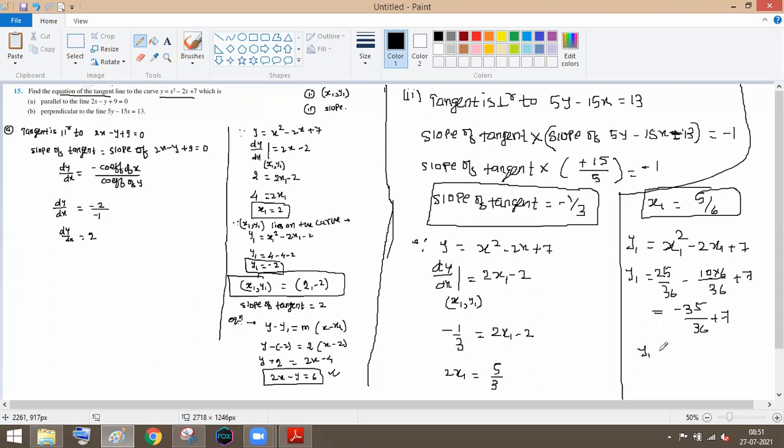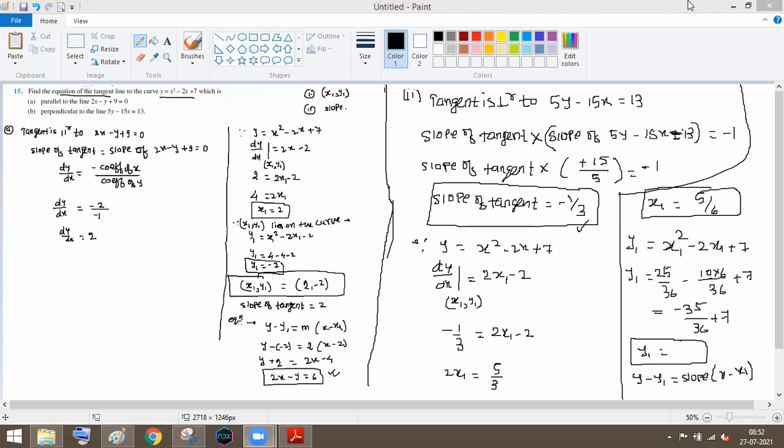Okay. Now you just calculate the value of y1, and put it in this equation: y minus y1 equal to slope in the bracket x minus x1. Now in this case you have slope equal to minus 1 by 3. If you put all the values there, you will get your answer. I will not solve it, you have to solve this. Okay, further. Everyone got this? Once you calculate the value of y1, you can put it in that equation.